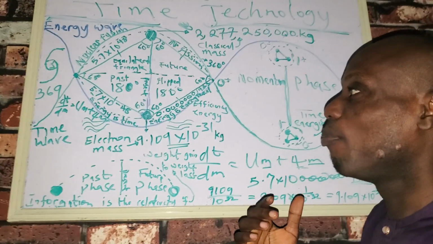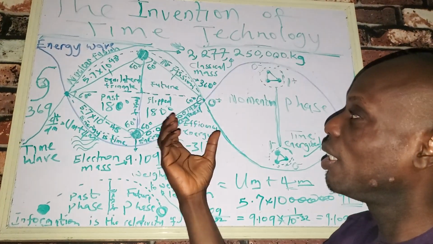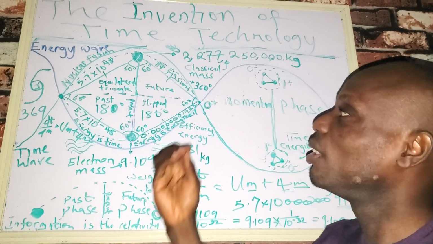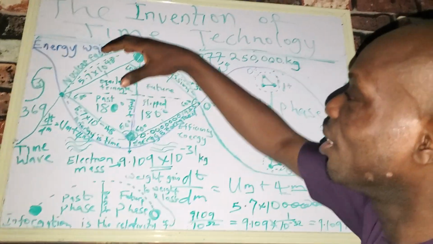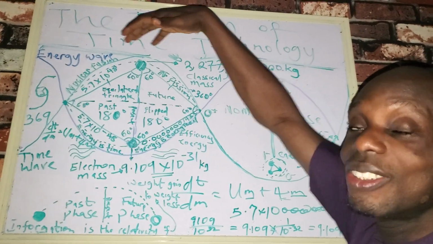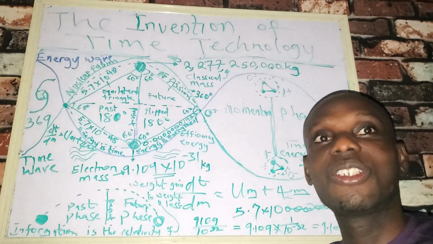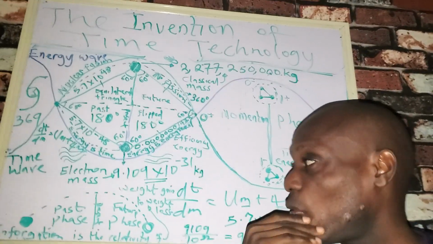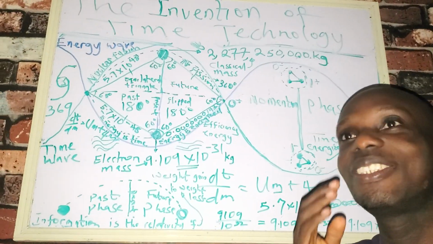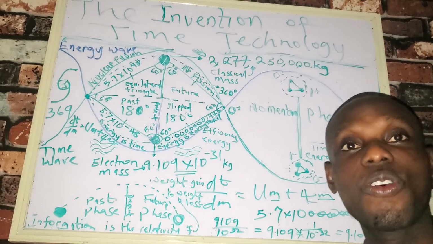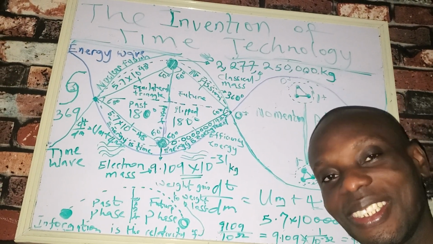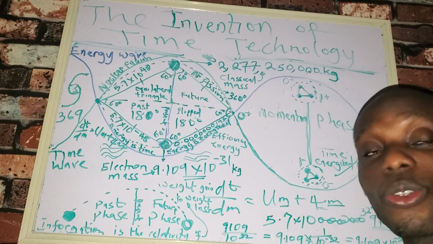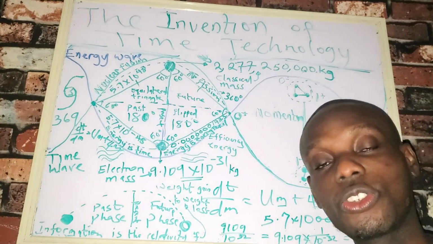So motion could be defined as relativity of mass gain to mass loss. So it could be defined as such. Now, this definition that we have for motion is the same thing that we have for information, but we're going to actually refine that so that it will serve the purpose of what we want to achieve.